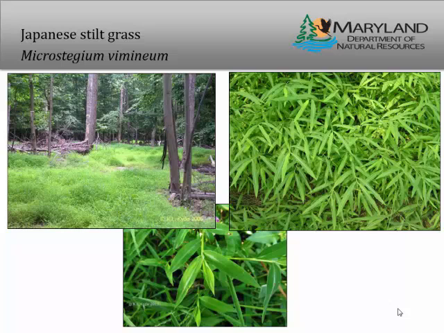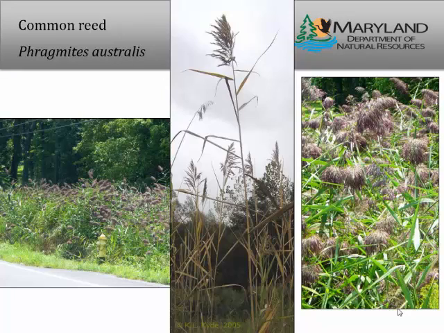Japanese silkgrass, it's kind of becoming ubiquitous, but if you don't have it yet, try to figure out what this one looks like and try to get to it before. This one is also an annual, so if you can get rid of it before it seeds, you have a really good chance of staying ahead of it. After that, you might be out of luck.